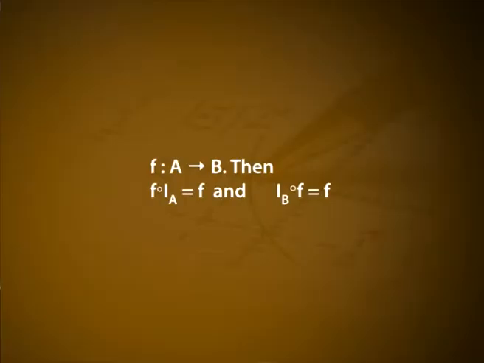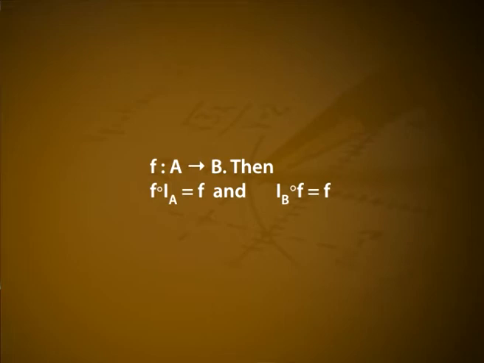This definition is not really new. If we view f and g as relations, then this function is the same as the composition of f and g as relations, except that here we use the functional notation g∘f for the composition of f and g instead of the notation f∘g which was used for relations. Consider any function f from A into B. Then f∘I_A = f and I_B∘f = f, where I_A and I_B are the identity functions on A and B respectively.